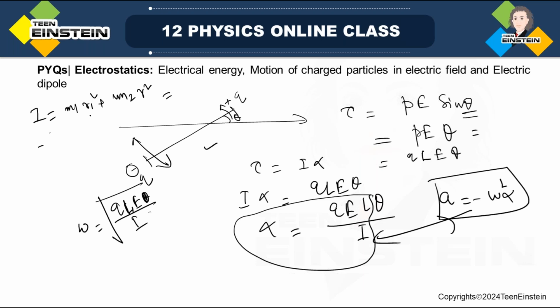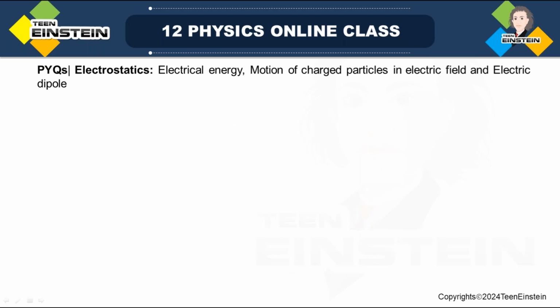That means, since the distances are the same and the mass is the same, it will be m L by 2 whole square, into 2. Then m L by 2 whole square, so I is m L square by 2. Now if we put all this here,